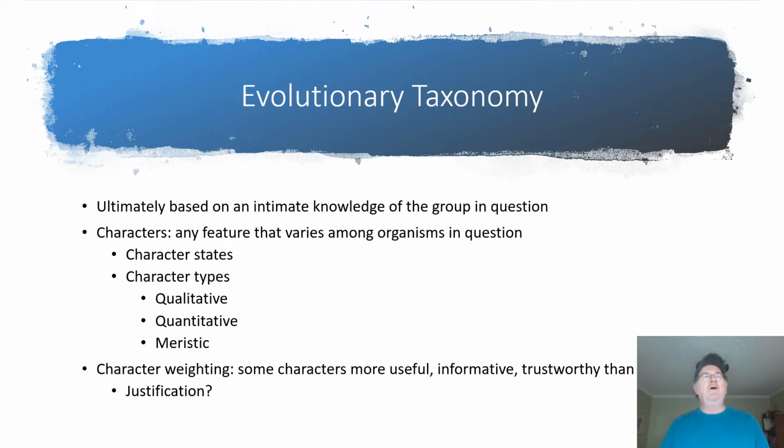And then what I'm going to call character states. For example, I had an example of the roseate spoonbill, and that at least some of the feathers on a roseate spoonbill are pink in color. So we could say feather color is a character, and then have different states of that character: white feathers, pink feathers, black feathers, brown, blue, green, whatever. This is an example of what I would classify as a qualitative character type. So I'm going to that next bullet point here. Character states we usually think of in terms of qualitative characters.